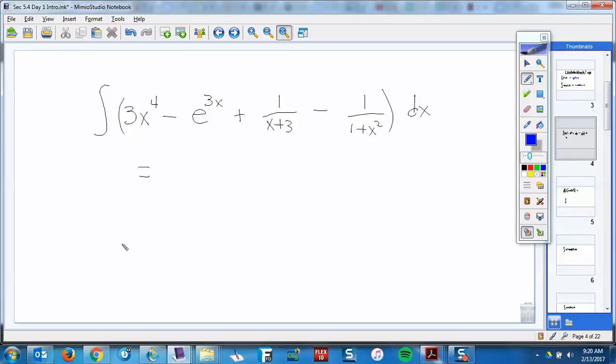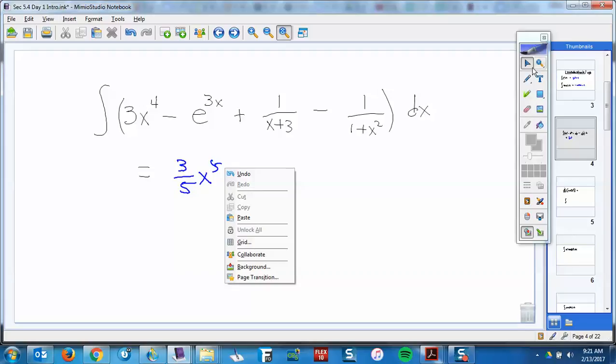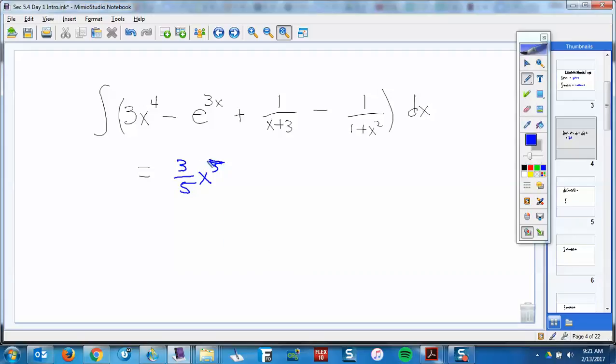Now, tomorrow's is more about definite integrals, but if you get a function that's got 4 terms in it, you just do the antiderivative of each term. What's the antiderivative of 3x to the 4th? 3/5 x to the 5th. I don't care if you write this down or not, you probably don't even have to right now. We're going to come back and look at this one again probably on Thursday. So 3/5 x to the 5th minus